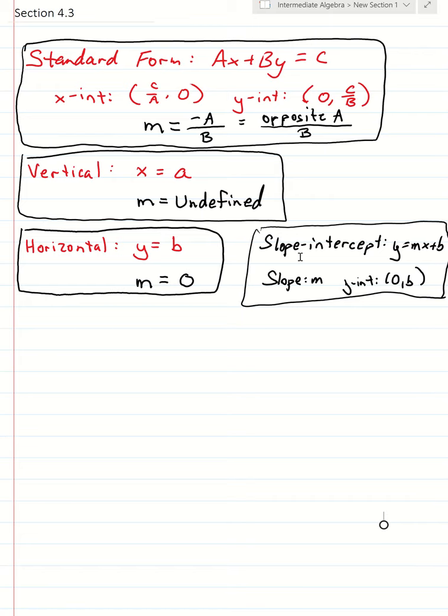And then most recently in section 4.2, we talked about that alternative linear equation, the slope-intercept form of y equals mx plus b, okay, where you get your slope and your y-intercept. And it's all of this information that we will need for section 4.3, where we're going to be talking about writing equations of a line,